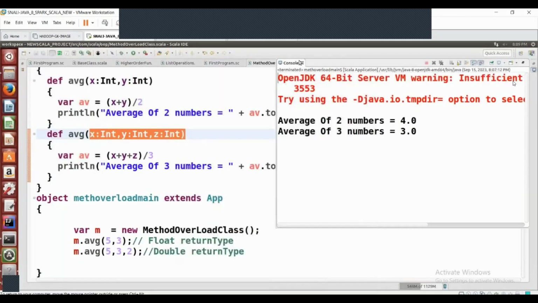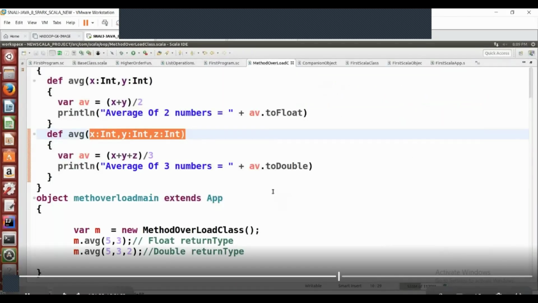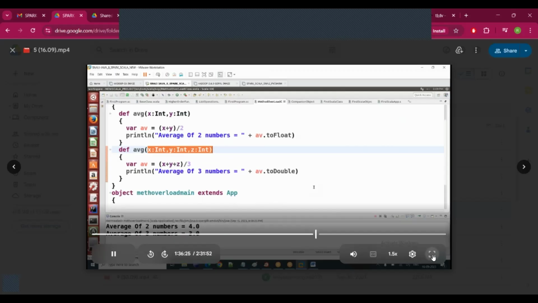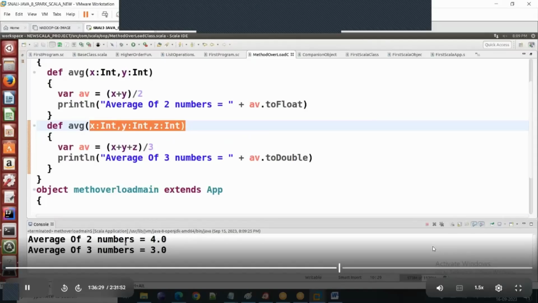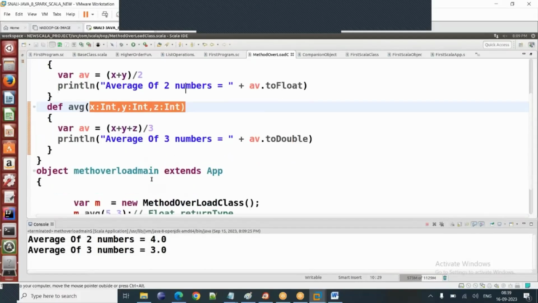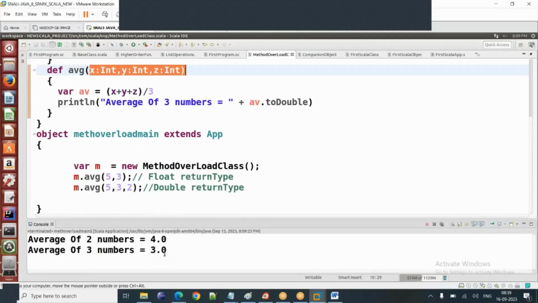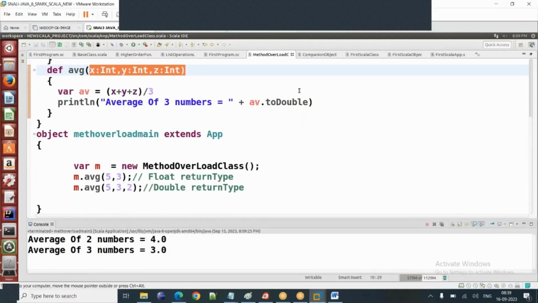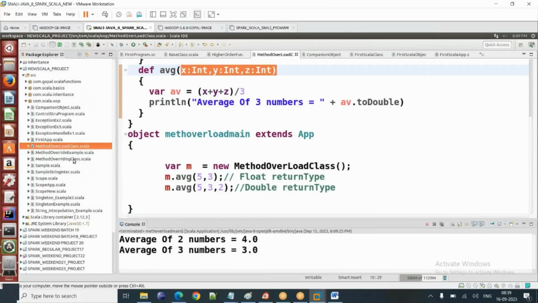So here, now we are not getting that insufficient space error. Average of two numbers is 4.0, because I have given 5 plus 3, 8 by 2, 4.0. Average of three numbers, we are getting 5 plus 3 plus 2, 10 by 3, 3.0 only. That was the method overloading example. But when I say method overriding example,